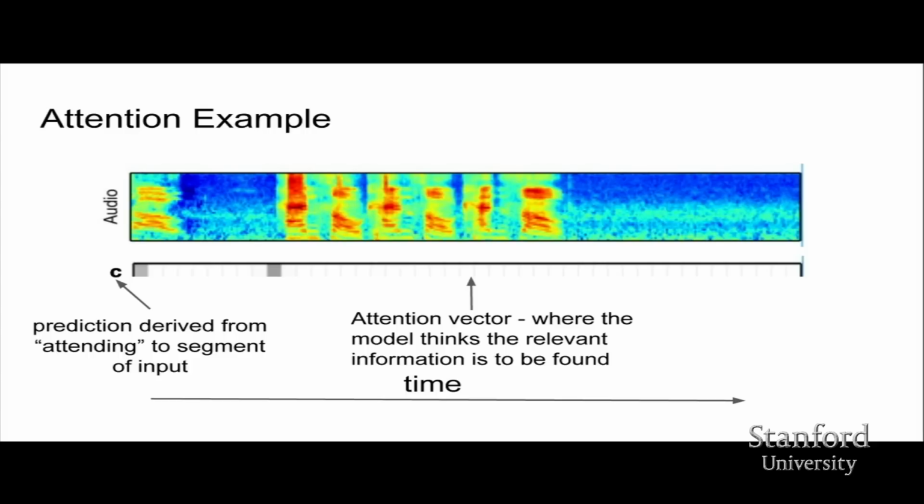So how exactly does attention work here? You're trying to produce the first character, C, and you have this way of producing an attention vector. I'll go into how that's done shortly, but it's fairly standard. This attention vector essentially looks at different parts of the time steps of the input. Here it's saying, I want to produce the next token, and to produce that token, I should really look at the features that were over here and the features that were over here. So once it looks at the features corresponding to those time steps, it's able to produce a character C,